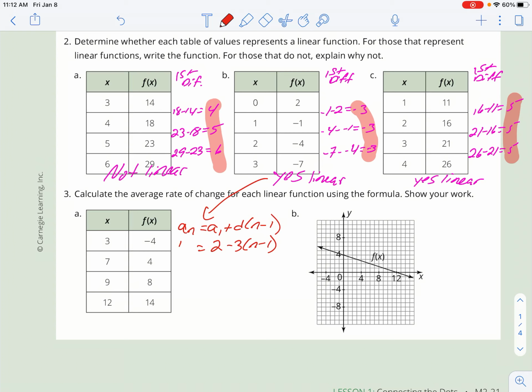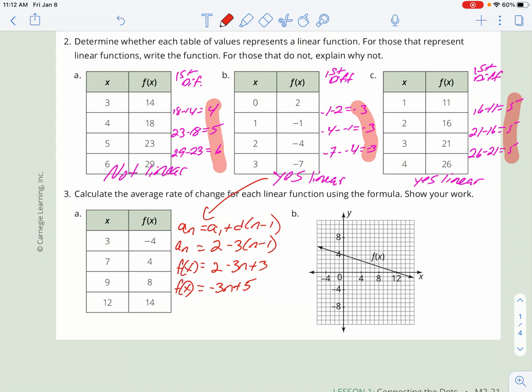And once I have that, I just need to go ahead and rewrite it over into function notation. So to do that, I'm going to distribute the -3. And then I'm going to combine like terms and put it into that form. -3n, nothing to do with it. And then 2 plus 3 is giving me a 5. Okay? So negative,